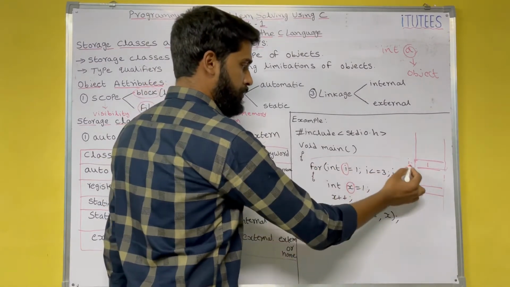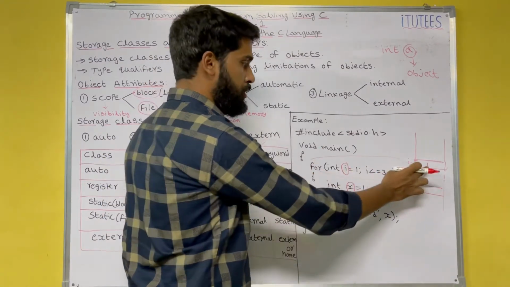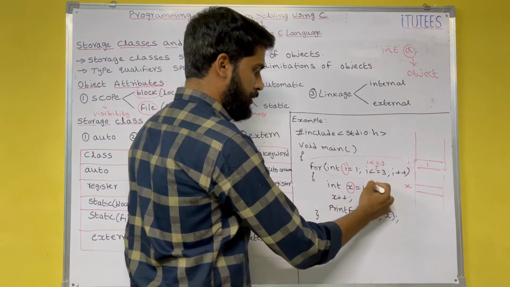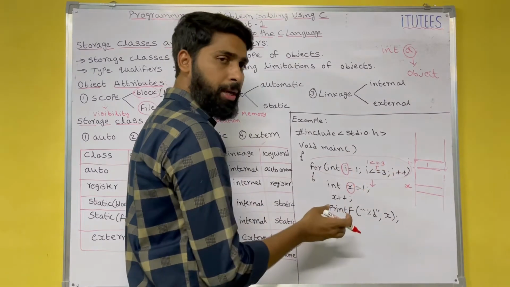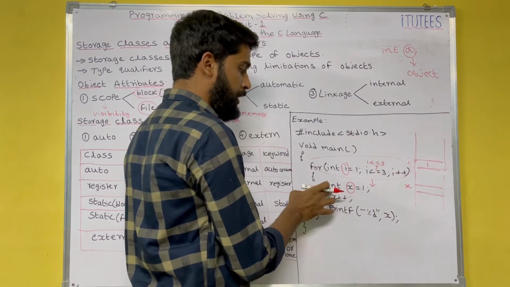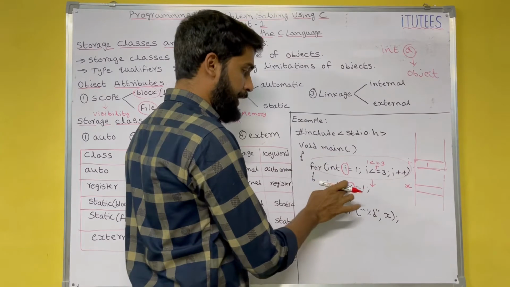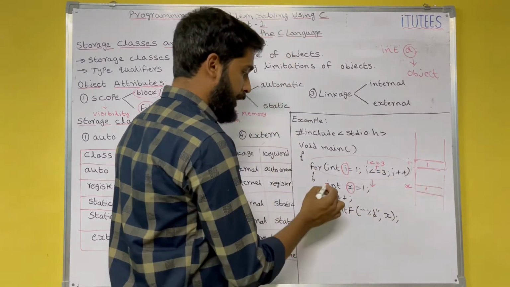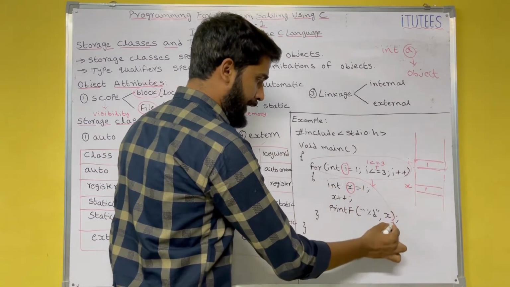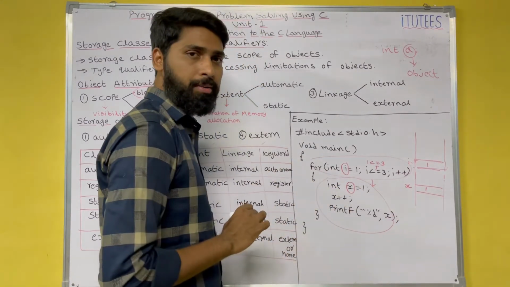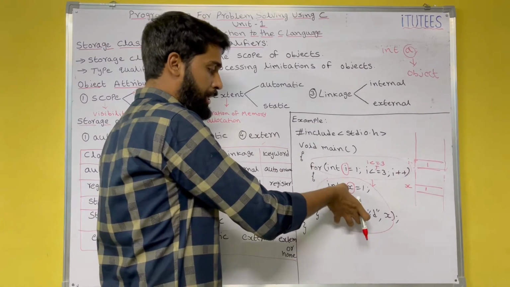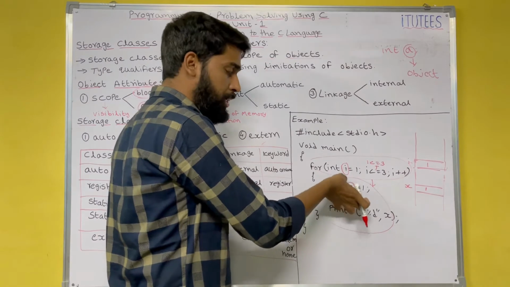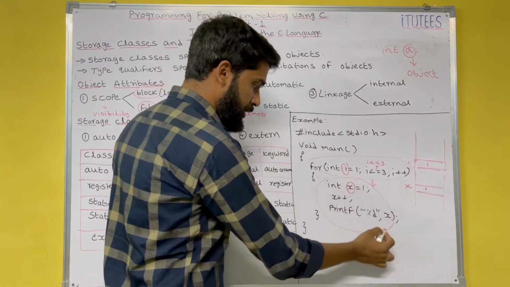You can forget about this for loop. Int i equals 1, 1 less than or equal to 3, true, we enter into the block. We will discuss looping in detail later. In this class you can concentrate on these variables only. Int x equals 1, it is also auto. Now the scope of the variable x is local. You declared it here, the block ends here, so you can use this x within this block. That means x is local to this block.